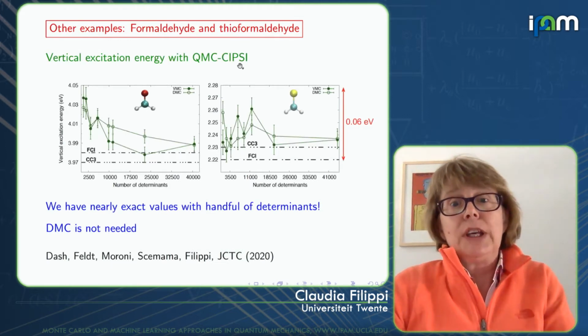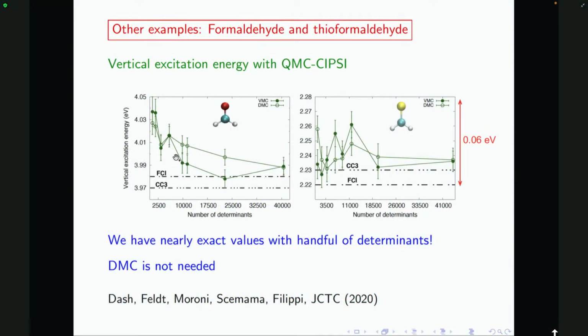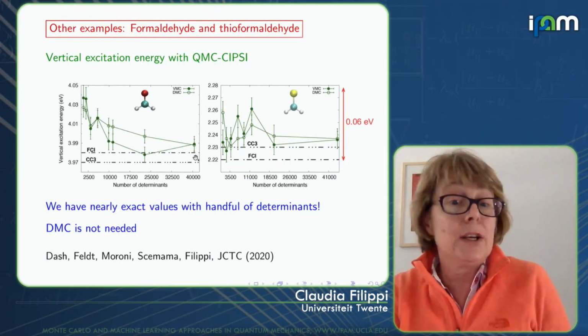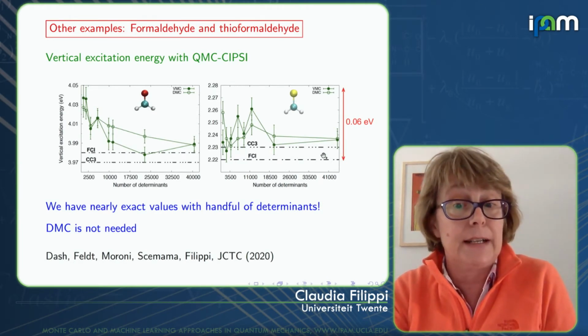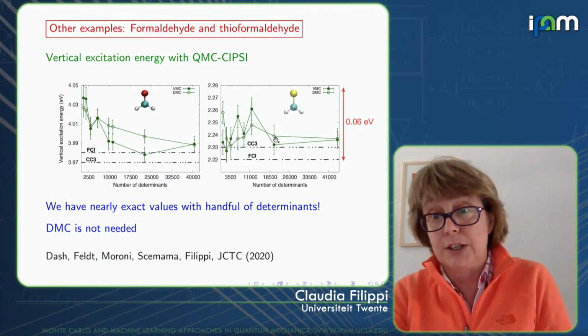So now here what I'm showing is two other small systems. They are challenging for different reasons. And again, we will forget about choosing some set of orbitals based on our chemical intuition, and we are just going to use this selected CI, so an automatic manner. I'm listing the total number of determinants for both states, and what you're having is that VMC and DMC are very close to each other. Here we are going down to a scale of 0.06 eV, so it's very small, and you are within chemical accuracy of the best result. Okay, and again, for us a few thousand determinants is a handful of determinants, and as I said, the diffusion Monte Carlo is no longer needed.